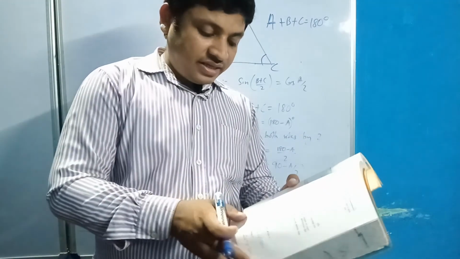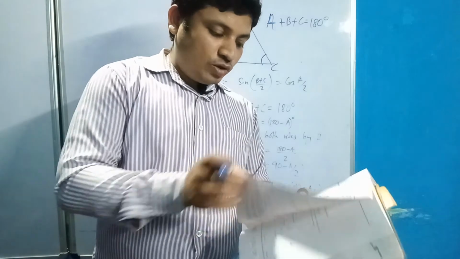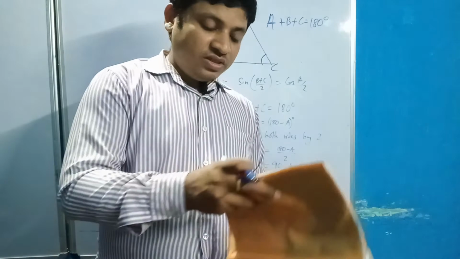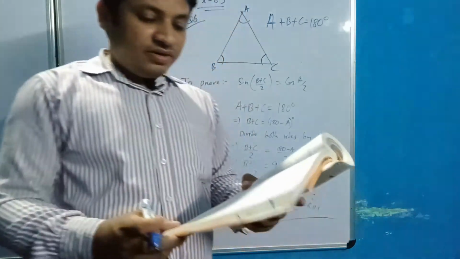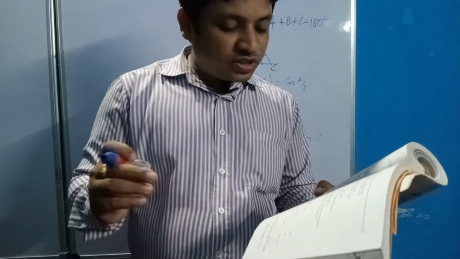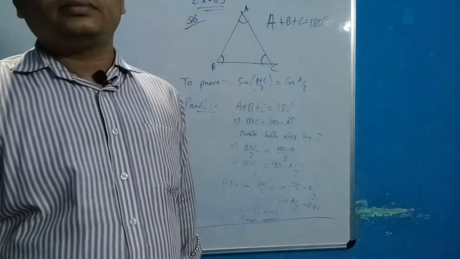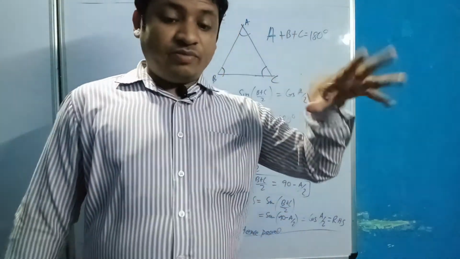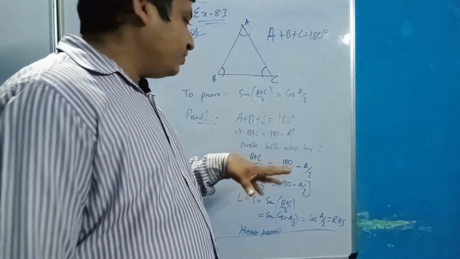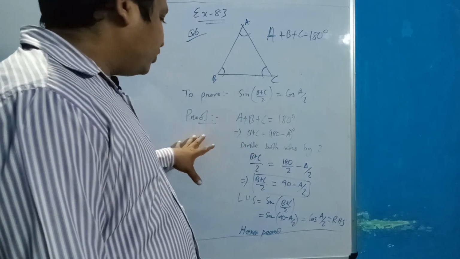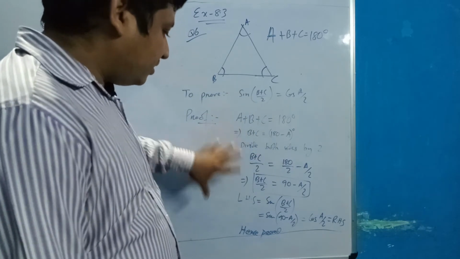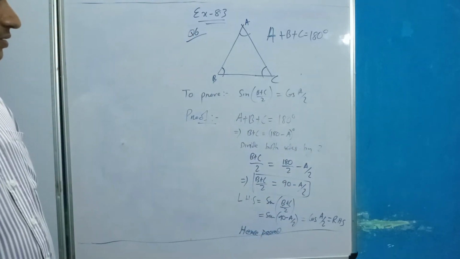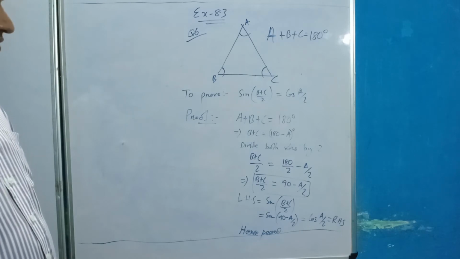Next we have exercise 8.4 where the trigonometric identities will be used. Let us take an example from there also. Because of a line problem in electricity, there was some error. Actually there was no error, it was just not visible. Now you can see this is the total answer of question number 6.